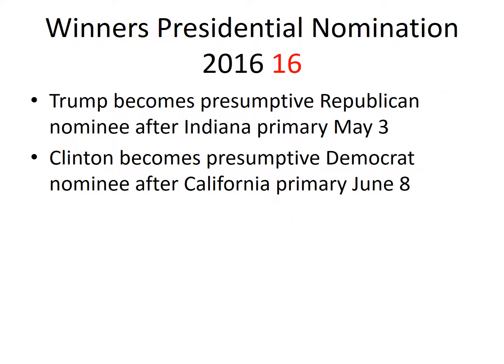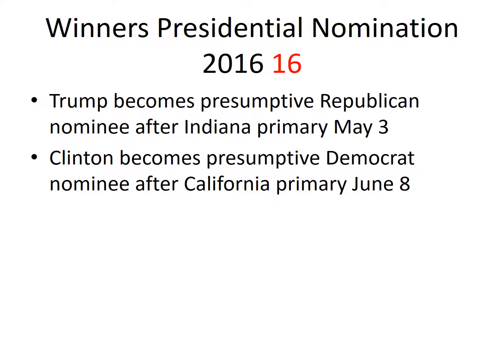And we can see that difference here by roughly a month. The Republicans had more of the winner-take-all system, and that meant Trump got to be the nominee in a quicker fashion for the Republican Party. And Clinton, even though, as we know, Clinton really had one major opponent, Bernie Sanders, throughout the race, where Trump had many different opponents, actually may have worked to his advantage in a winner-take-all system, in that he didn't have to get a large percentage of the vote, but he would still win the state's primary.